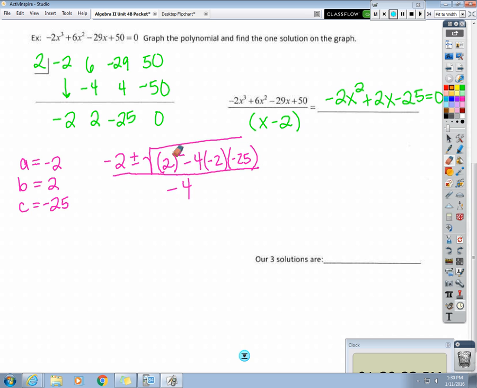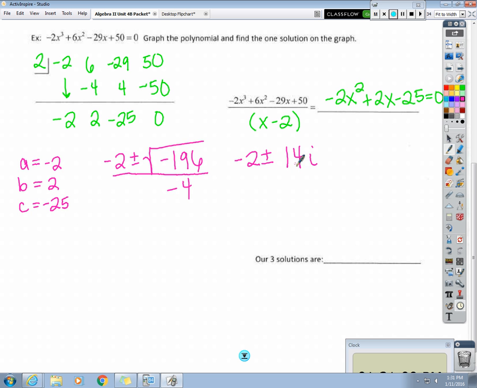Okay, so you end up with 2 squared, which is 4, minus 4 times -2 times -25. That's right. Okay, so you end up with -196. So let's forget about the negative part for a second. What's the square root of 196? 14. What do we call that? Perfect square. So look, you end up with -2 plus or minus 14, but since it was negative,